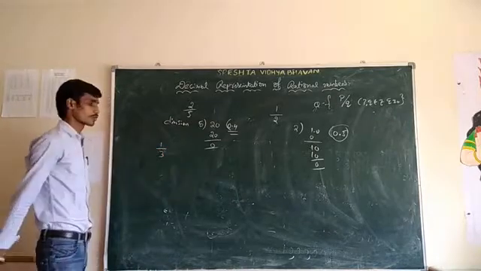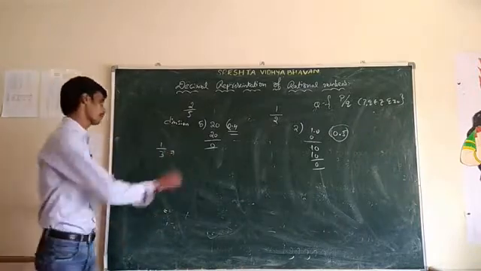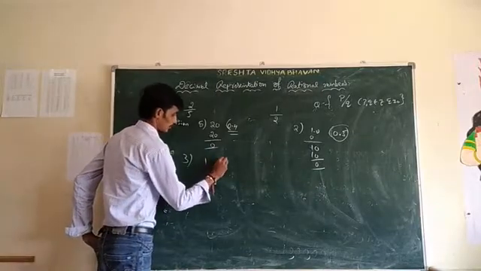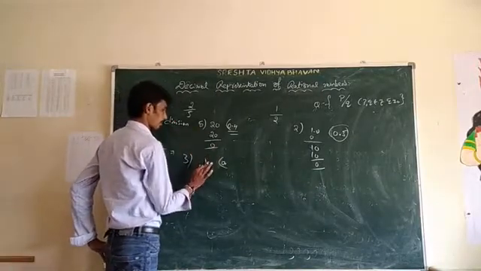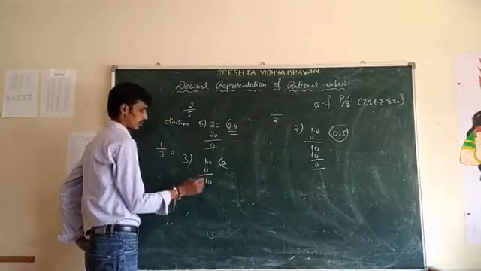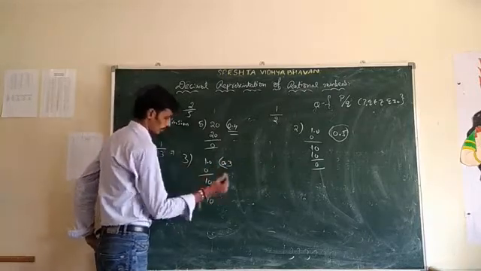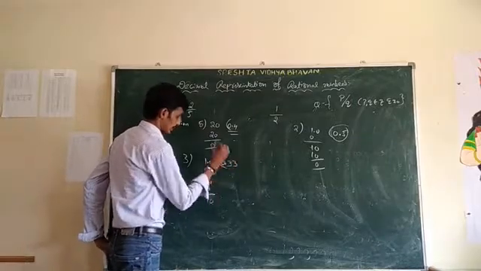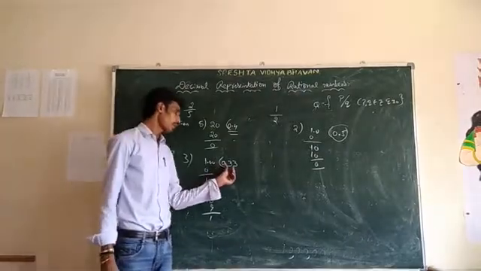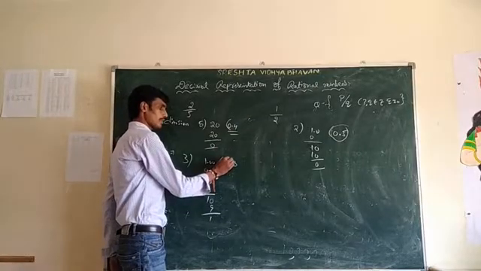For example, 1 by 3. What is the decimal representation of 1 by 3? 3 divided into 1 cannot be done, so first take the 0 point. After that point we have to take zeros. So first the 0, that means 1. Take the 0, so 3 3s are 9. Again 1, so again 0, and so on. So again the remainder will be repeated. The remainder will be repeated, so 3 will be repeated.